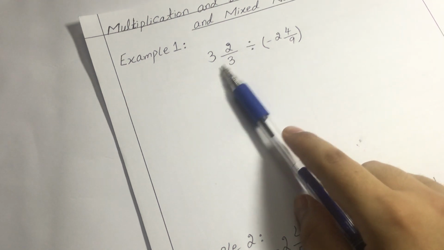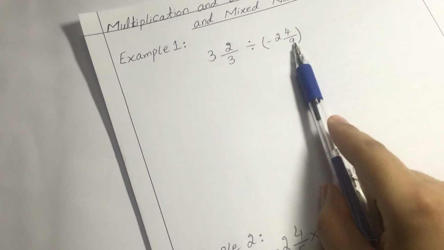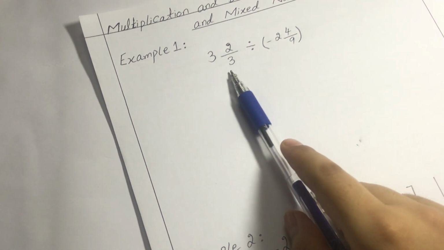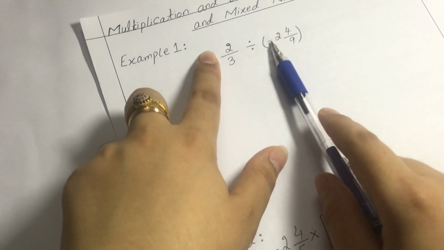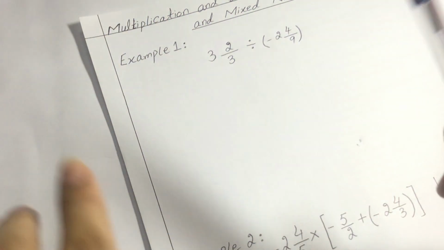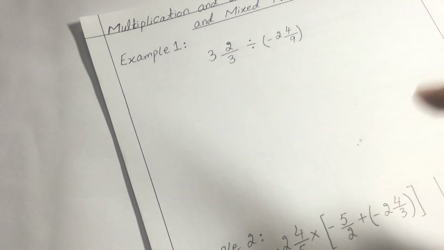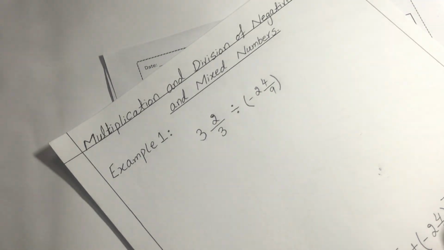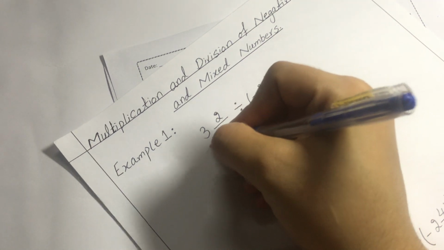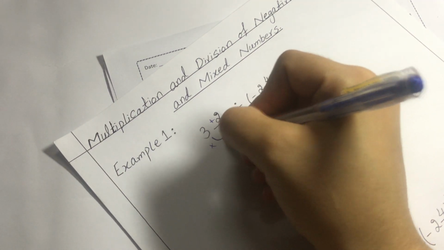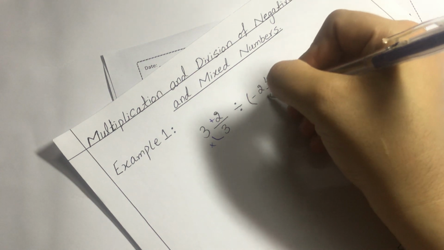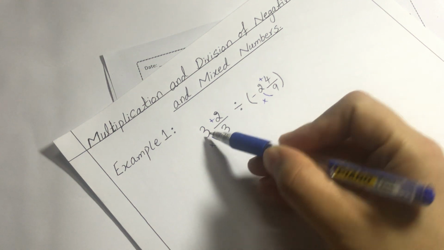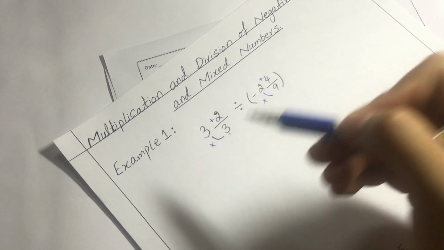Here I am solving an example with mixed numbers. Similarly, you can solve the sums without mixed numbers, or the sums involving only two fractions, right? The procedure will remain the same. Here I am doing only one extra step, that I am converting these mixed numbers into improper fractions, right? By multiplying the denominator with the whole number and adding the numerator.